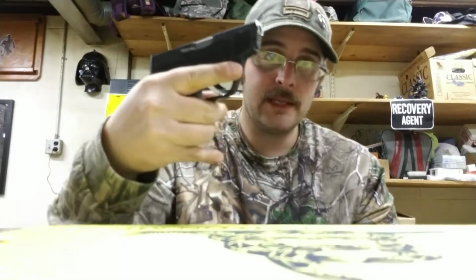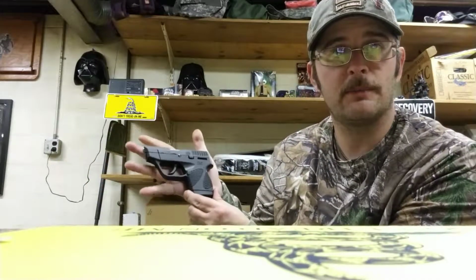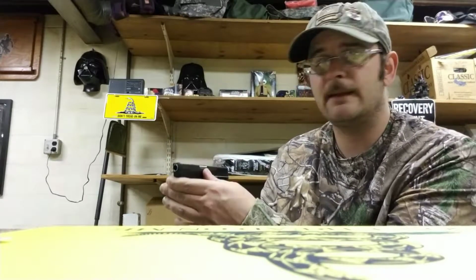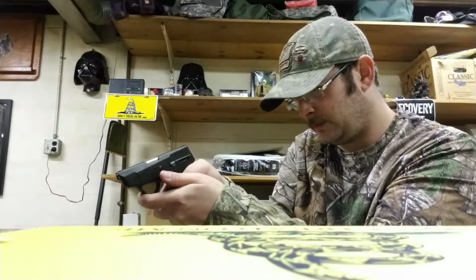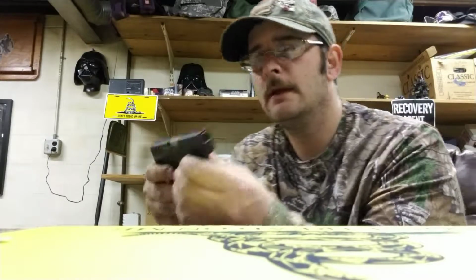But your pinky does kind of come off of there, but I still can get a good grip. If you can look, that's a small pistol. It's a small pistol, and I don't have huge hands, so it fits my hand pretty good. It's not too bad, but you know, this